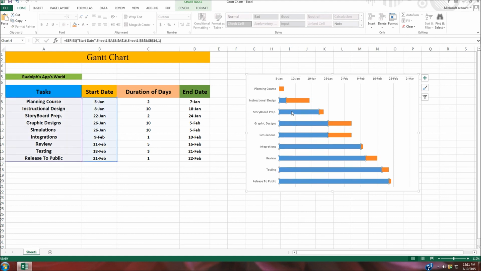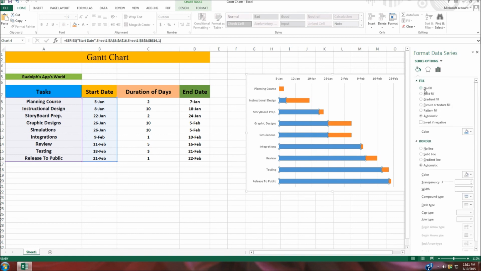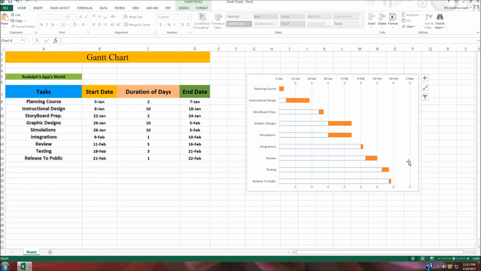Okay, so we're going to left click on the blue bar. Okay, and then we're going to right click. Then we're going to format data series. All right, then we're going to come to our little paint bucket right here and click no fill. Then we're going to come to border and no line. All right, going to X out of that, and as you can see right here, we have a finished Gantt